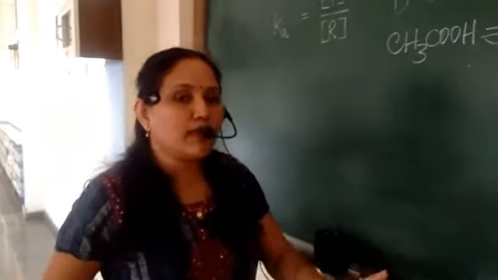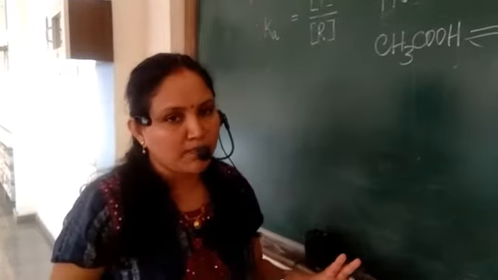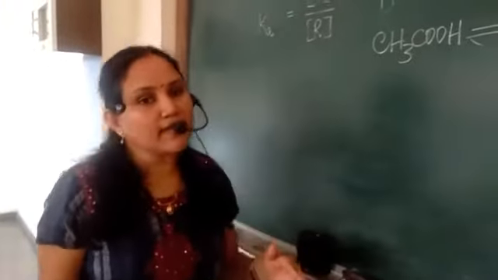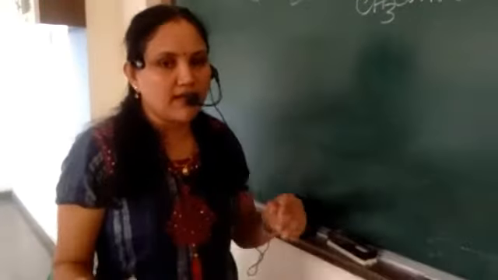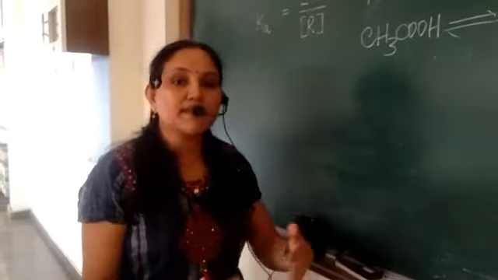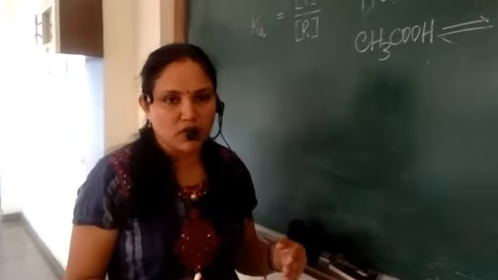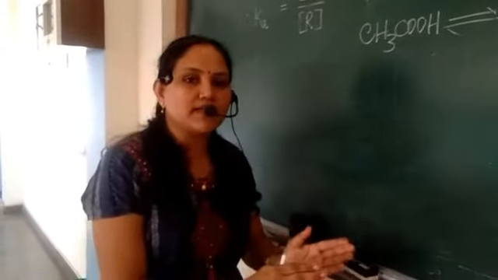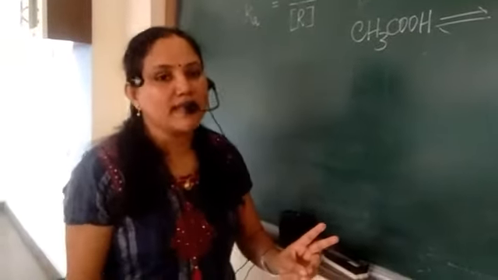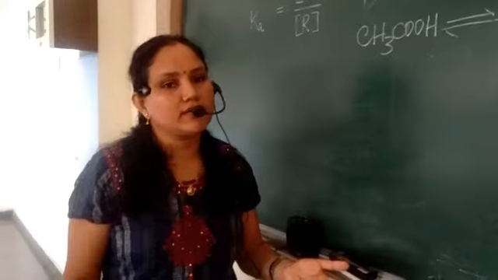If you are given two acids, let us assume acid A and acid B, and you need to report which one is stronger, in that case you need to know the dissociation constant. If the dissociation constant is higher, that means dissociation is more. If the dissociation is more, that means the acid is stronger. Therefore, the higher the dissociation constant, the stronger the acid. So out of A and B, whichever undergoes higher dissociation is the stronger acid.